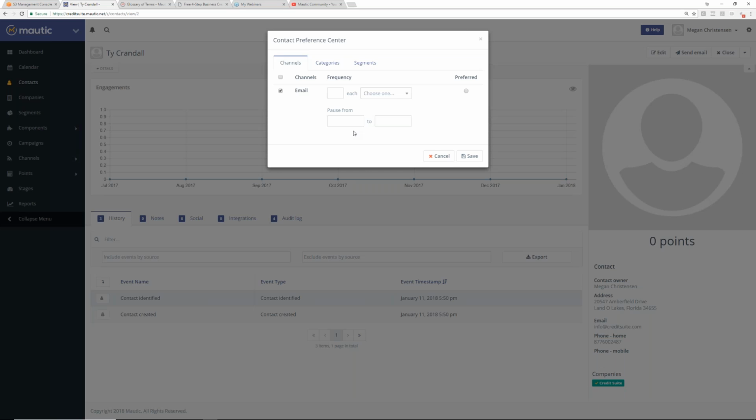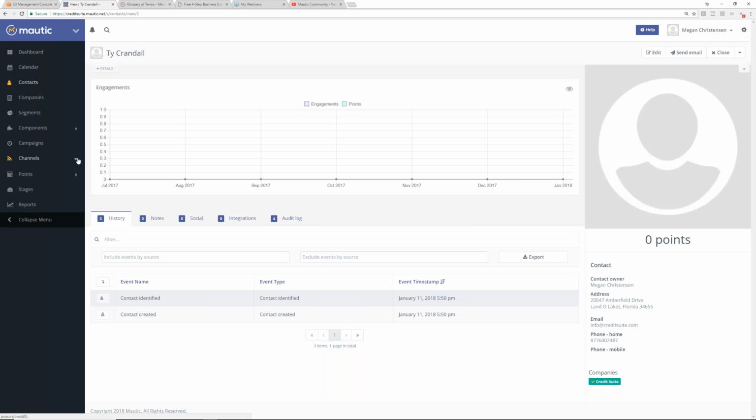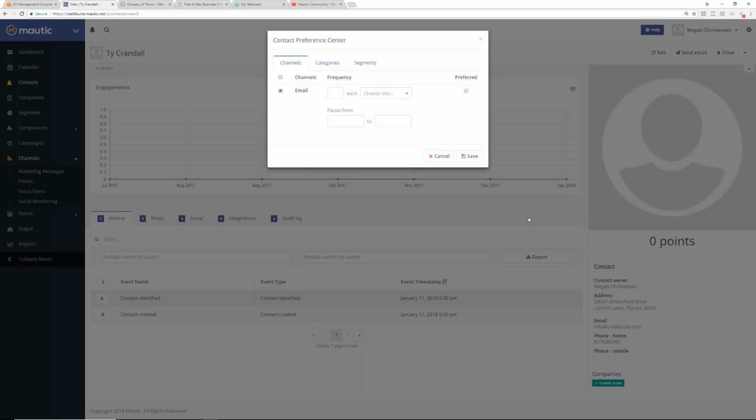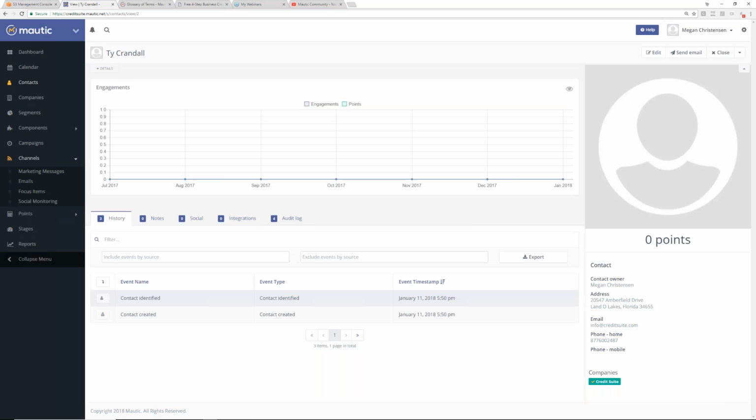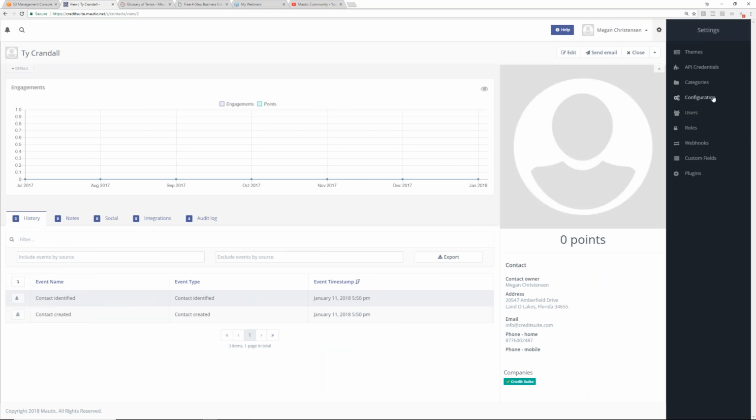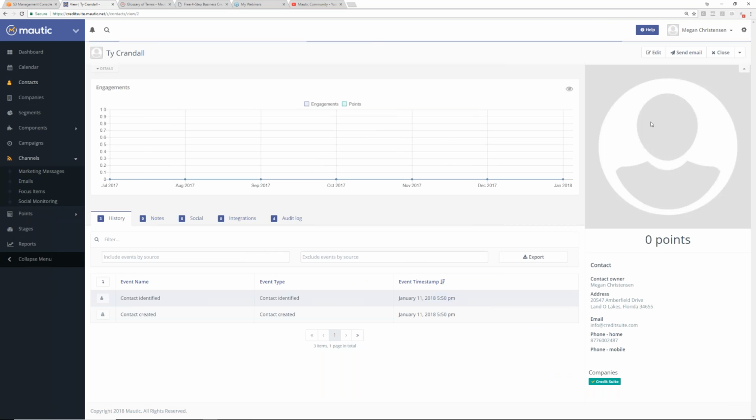So the way preferences works is there's something down here that we're going to talk about later, which is called focus items. And I think it's focus items that we're going to be able to build out based on their preferences. So every person, let's say, for example, you can add all different kinds of channels here. We have email. Now, let's say that we activate, and we can do this right up here, choosing preferences. If we come up to settings and into configuration, we can add